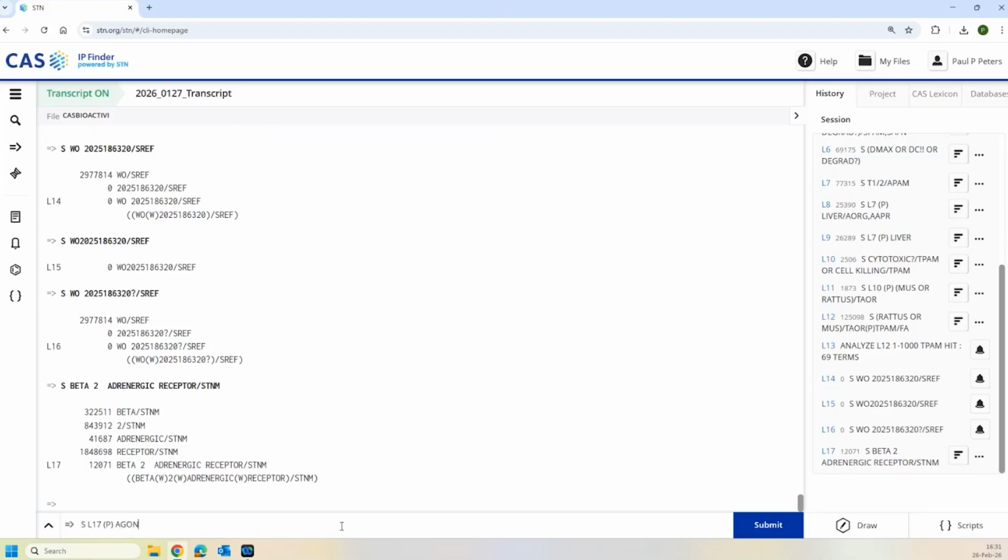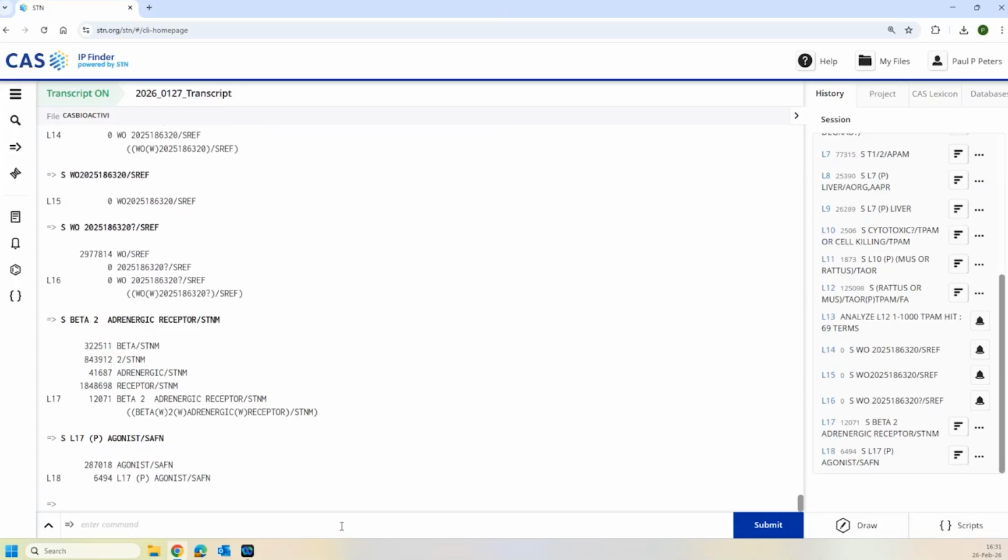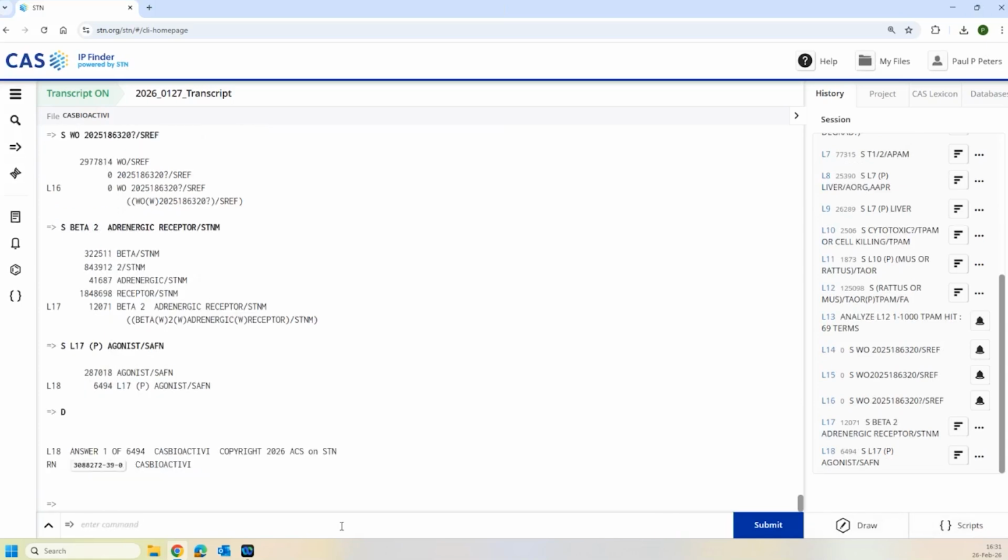And here we want to have agonist in the same measurement. We can certainly include the SAR function field, and that should give us a smaller number of ligands that are not inhibiting but actually activating or agonizing these particular types of